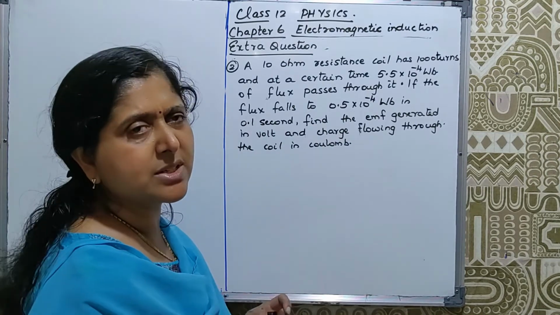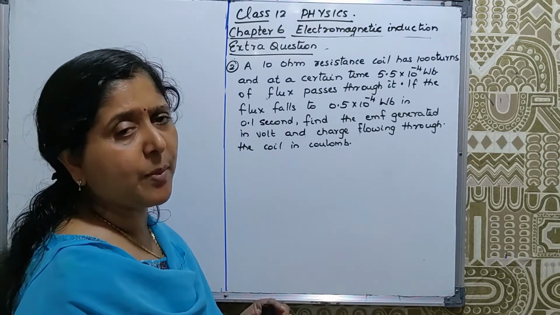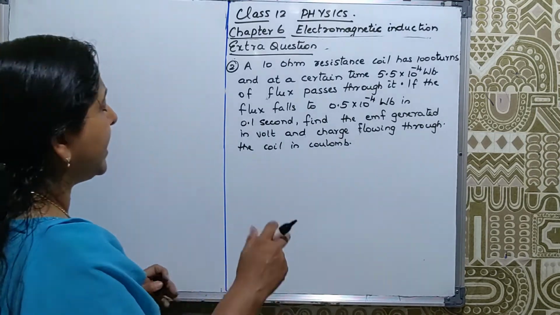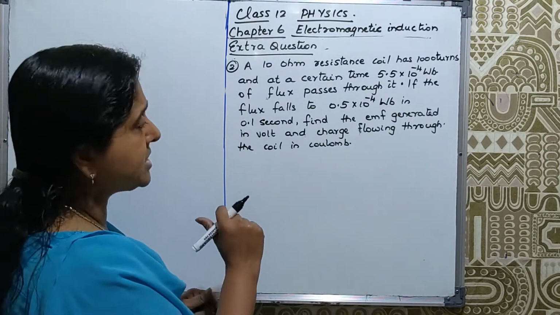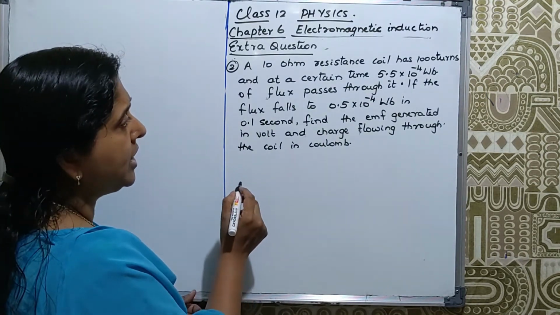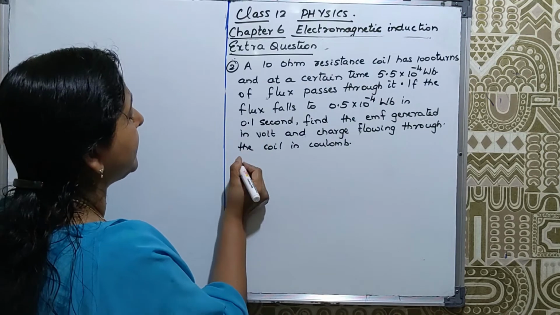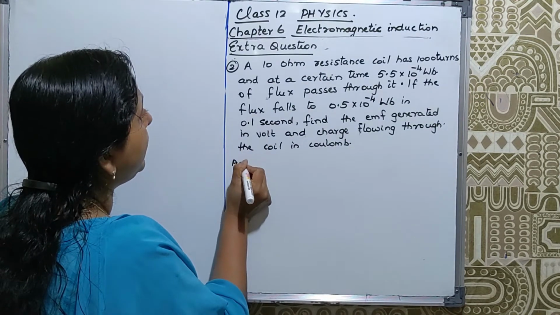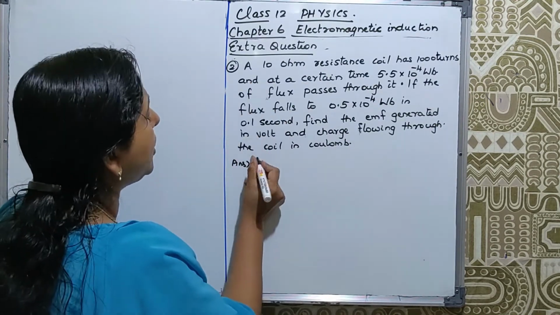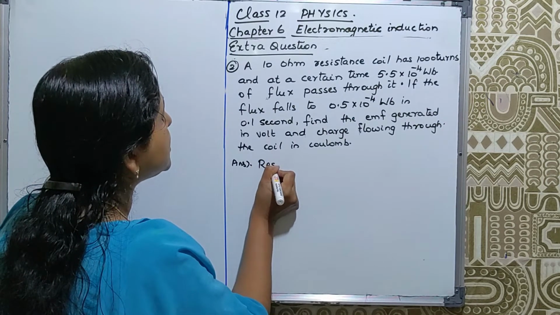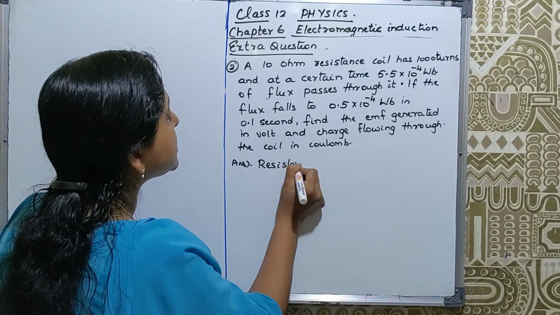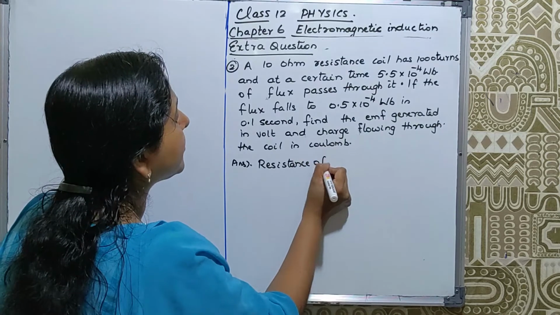Flux is actually magnetic lines of force which are passing through a coil. The number of magnetic lines of force passing through a coil is called a magnetic flux actually. Now, in the answer part, we'll do. A 10 ohm resistance, so resistance of the coil they gave. Resistance of the coil is